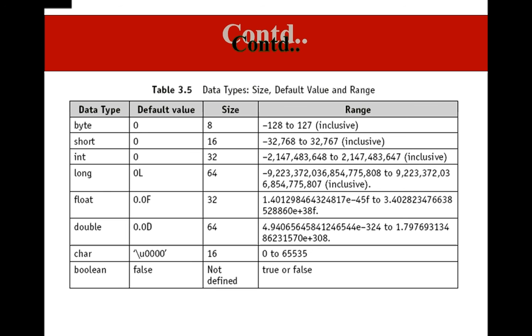When you consider signed numbers, the range comes to minus 128 to plus 127. Among the rest of the data types, short occupies 2 bytes and the range is minus 32,768 to plus 32,767. Int occupies 4 bytes, long occupies 8 bytes, float occupies 4 bytes, double occupies 8 bytes, and char